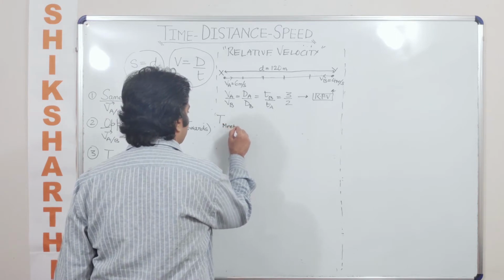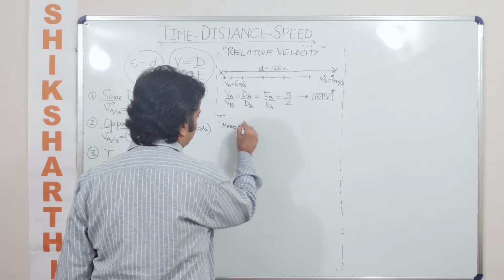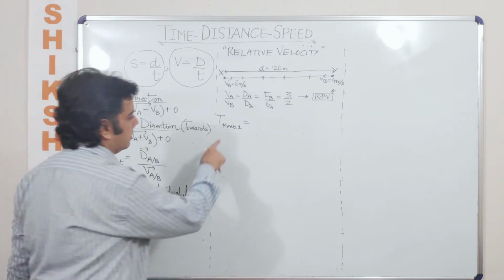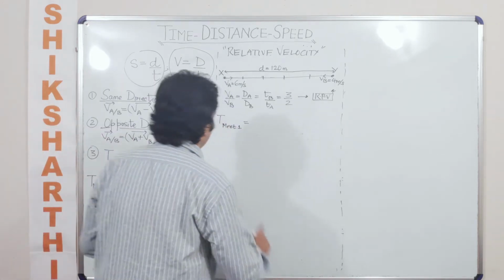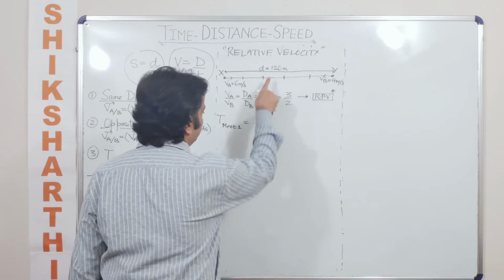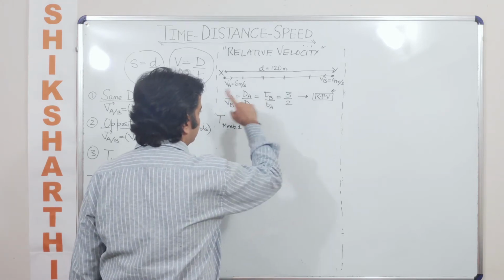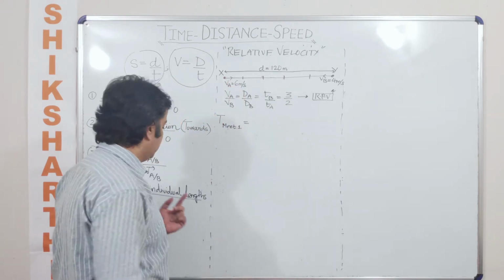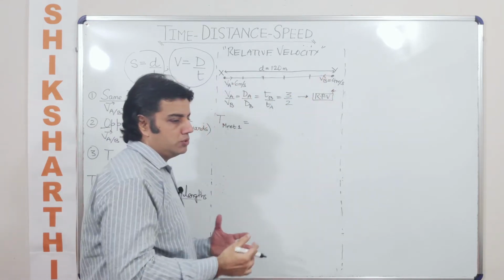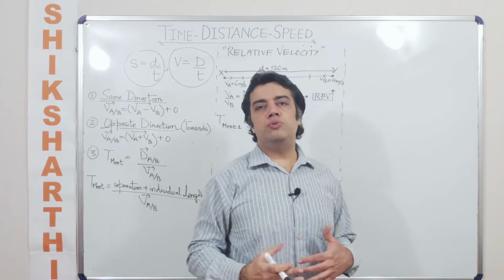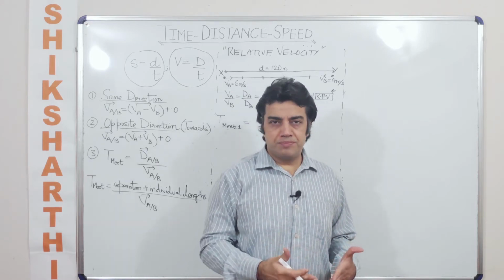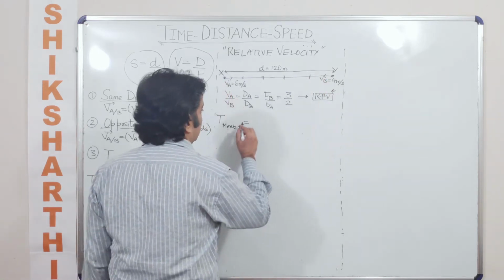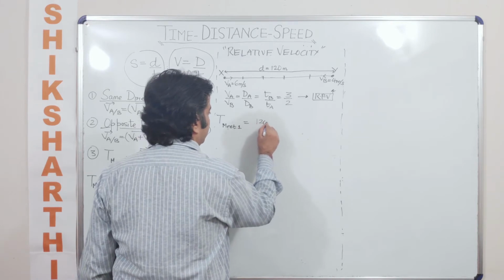So what I am putting as meeting 1, the time taken to meet for the first time, will be what? The distance of separation, using the formula for time taken to meet. And now I want to take it further to a micro level, and the micro level says what? The time taken to meet for the very first time would be how much? The distance of separation plus their individual lengths. Here we are taking their lengths to be negligible. There are two individuals, let's say two friends, who want to meet on the way, and they have started from their homes. This is the home for B and this is the home for A. So in that case, this will be 120 plus 0 plus 0